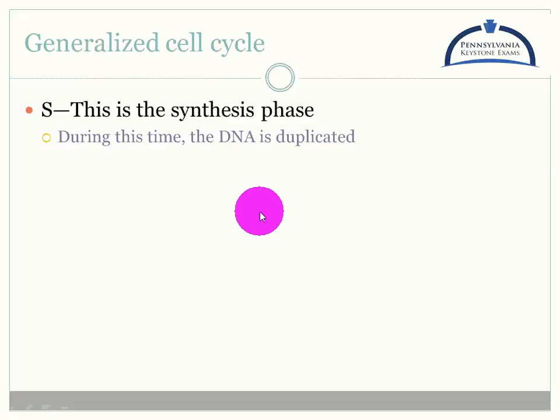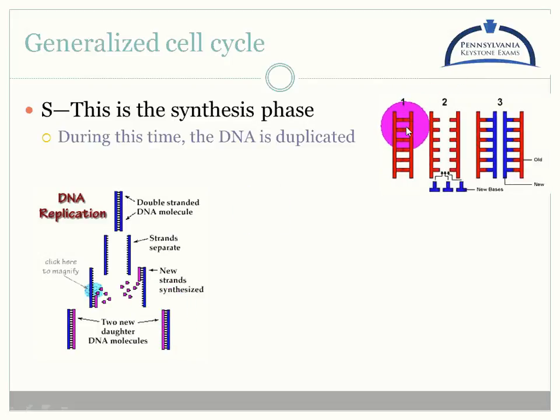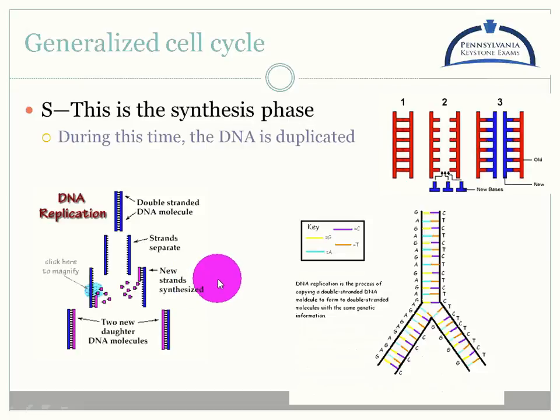We're synthesizing new DNA. We're duplicating our genetic material so that when we are finished with this phase, we will have two pieces of genetic material, one for each of the new cells. Basically, I take my original strand, I split it in half, I add in some new nucleotides, remember those are the monomers of DNA, and then I make a second piece. We're going to go into this process in much greater detail in a later podcast, but right now I just want you to look at one thing.